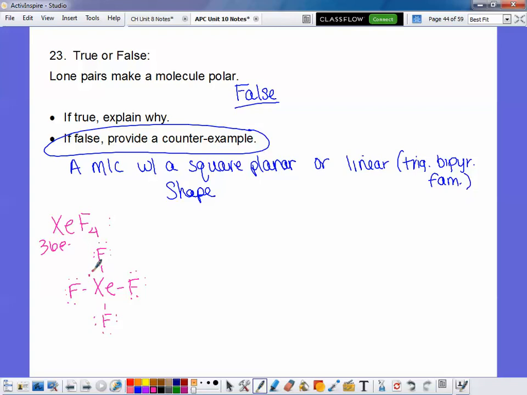And then we're going to have those two extra lone pairs that go back on the xenon. So the way that we would actually draw this VSEPR structure, which you don't actually have to draw, you don't have to show it as a three-dimensional shape, you just have to be able to explain what the shape would be based off of the Lewis structure. But this VSEPR diagram would look like this. This is how we would represent it. We'd put the lone pair on the top and the bottom,